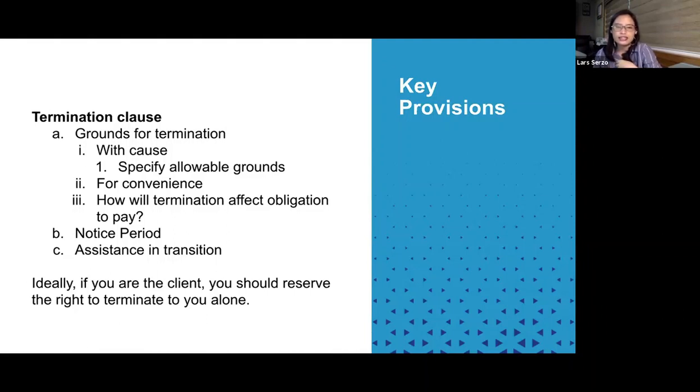The reason is if you give your provider the right to terminate, you may be stuck in a situation where, let's say, you're months into the project and then suddenly your provider terminates, right? Even if theoretically you can engage another provider, it will be difficult for another provider to come in and try to make sense of a semi-built software.